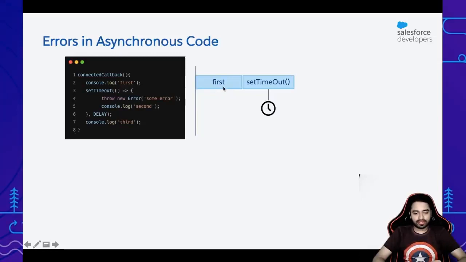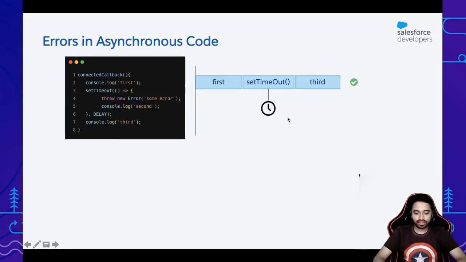JavaScript is going to display the console log. It's going to call the set timeout and place this thing with whatever delay in an asynchronous, different transaction. And then immediately the third console log is going to appear. The reason is, again, like I said, consider this to be like a method callout to a future method, which means line numbers 2, 3, and 7 are in one transaction. This is just a function call, it gets called,